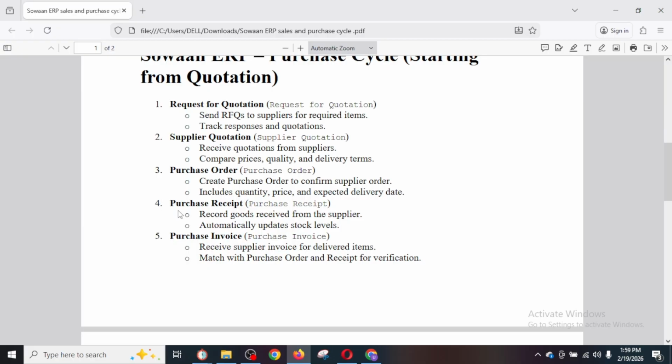The document with which we confirm that receipt is called the purchase receipt document, and it automatically updates stock levels. This is the beauty of the Swan ERP system: once you push the purchase order into a purchase receipt document from the create button, and you save and submit it, your stock levels get automatically updated. That was the introduction and basic entry level details of the purchase receipt.